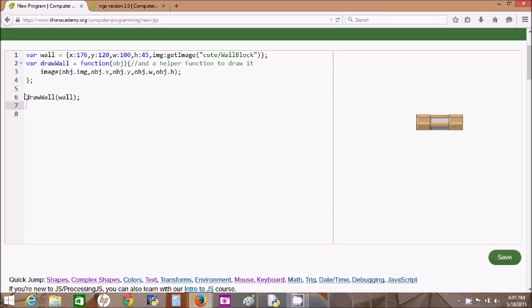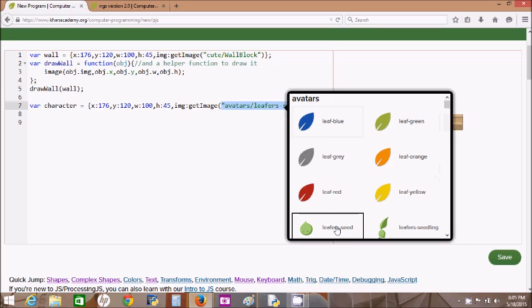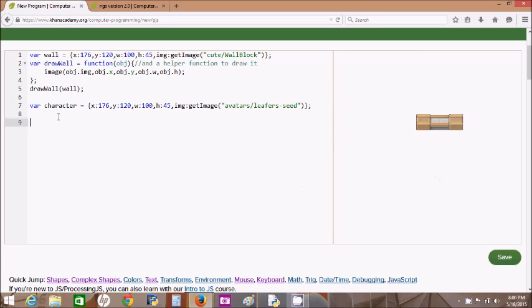Now, to make a game, I'm going to do the exact same type of thing, but instead of a wall, I'm going to make a character object that has some other image. So now I need to make a helper function that